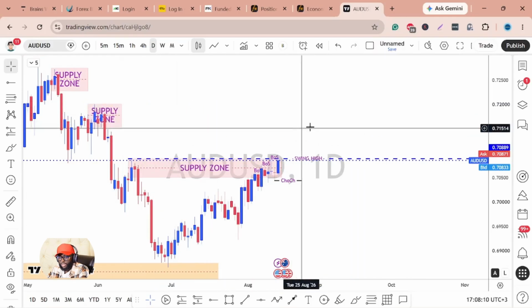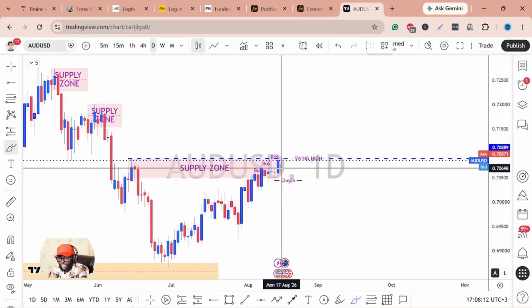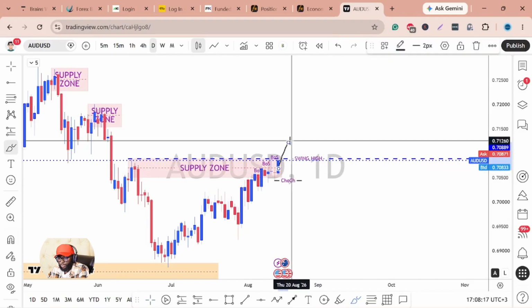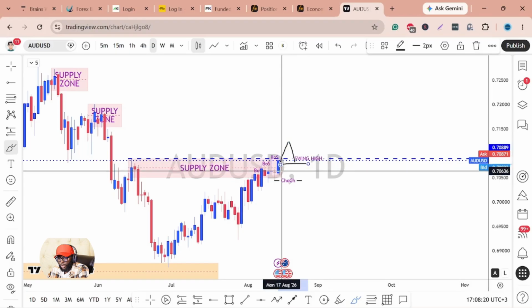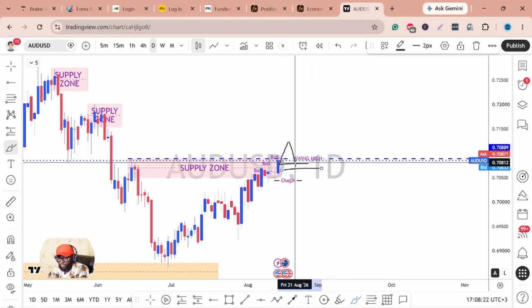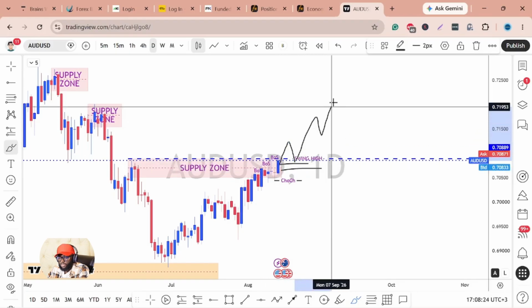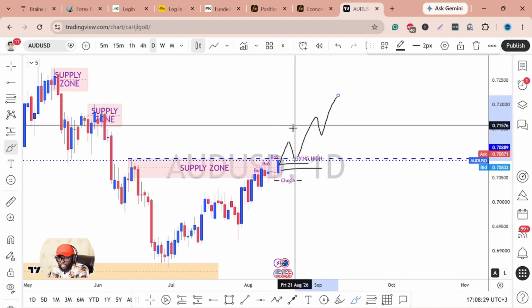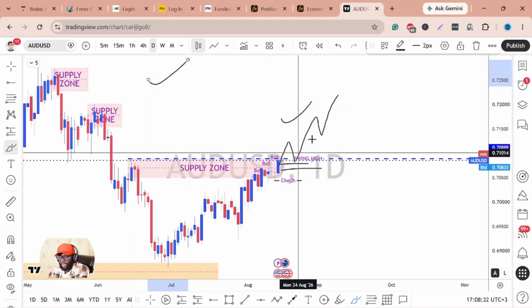You have to keep that in mind, and of course you must be reacting to what price is going to be doing. So if we get a break of this level, then we'll be looking for price to pull back and test the demand zone that we will have left here, to take buys and continue to the next key levels. You might get off this level, and again we also have another level over there.